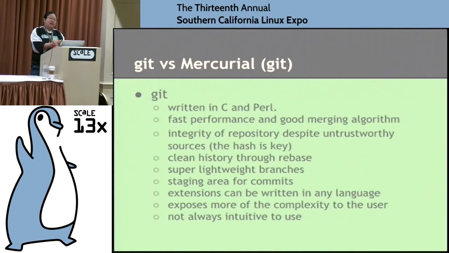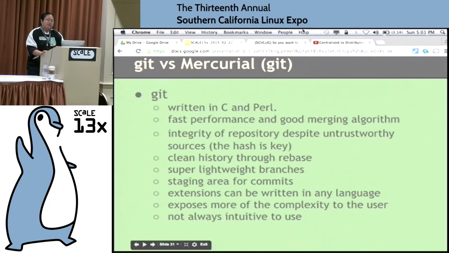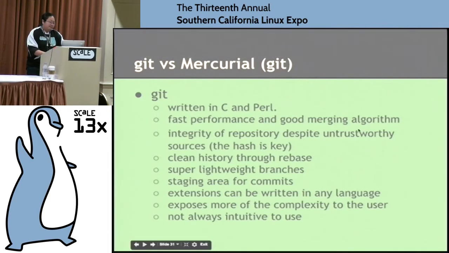And so one of the things that I saw in a talk with him, that he said was really important to him and that he really liked about Git, was that if he had this 40-digit ID, he could guarantee the integrity of his repository, and all he has to do is find the person that has that change set, and he can recover all of his work, even if his hard drive gets blown away and all that. The other thing about Git that people like is this idea of a clean history.